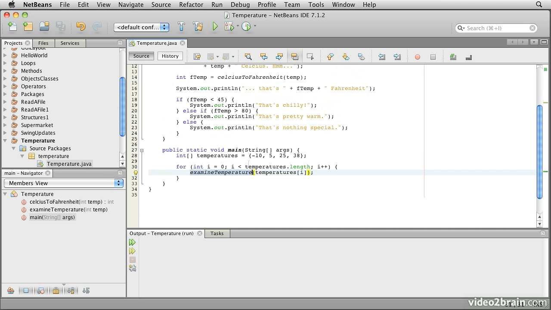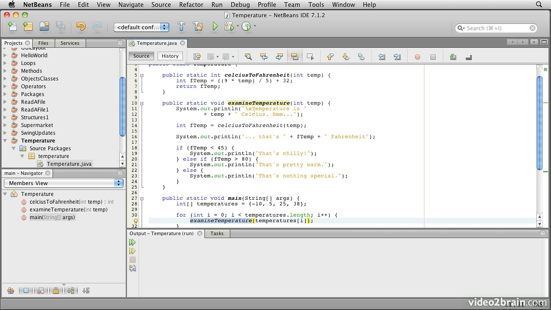Examine temperature is a method. Method is the word that object-oriented programs use in place of function or procedure. This method is declared as returning void, which really means it doesn't return anything. That kind of makes it more of a procedure than a function. We pass in the temperature to it that we want it to look at. It then prints out a message that says temperature is temp Celsius,